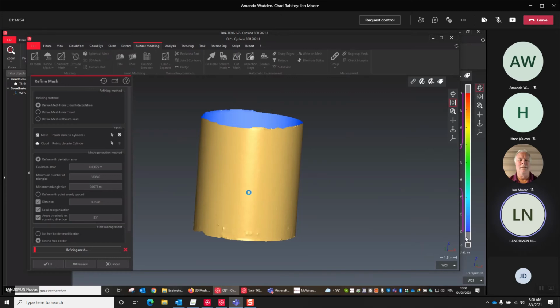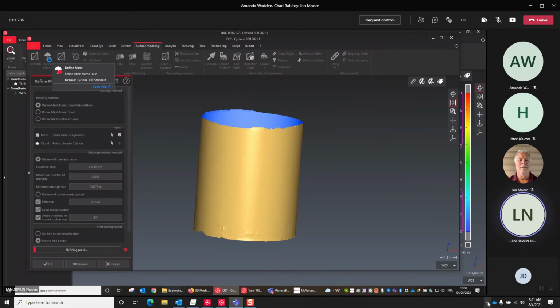By default, I accidentally pressed OK for the refining mesh. The process is longer here. So meshing in two-step drives you directly to the second dialog box, which is refine mesh. But refine mesh can also be activated here if you select the cloud and the mesh. It means that you can refine the complete mesh or part of the mesh when you want. So the idea, while it's still working and I didn't check the parameters, is to refine the mesh according to different methods.